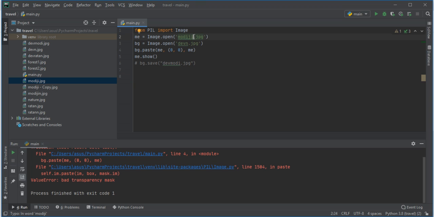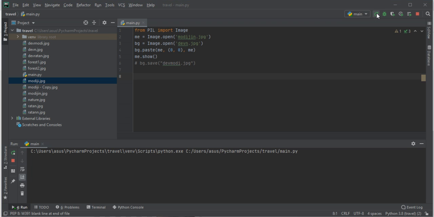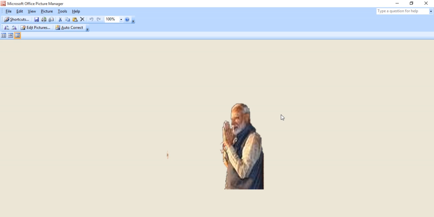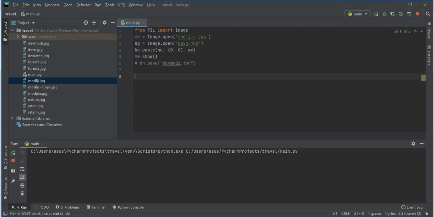Here I have to take Modi ji new, because I have removed the background. So when you run it, it will show you. Here you have written me. With background, if you want to show, then you have to write BG. Then it will show you a picture